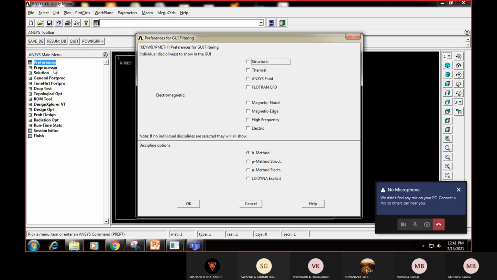That concludes the solving of a numerical problem. It includes three major steps: one is pre-processor, the second is solution or solving, and the third is post-processing. These three steps will give you the result of the finite element method.